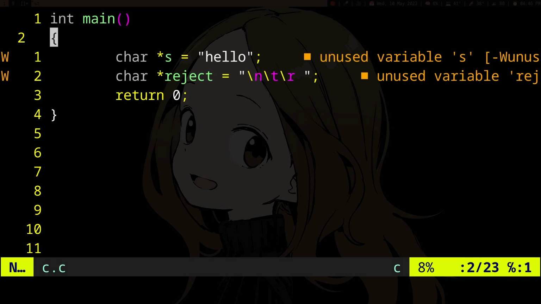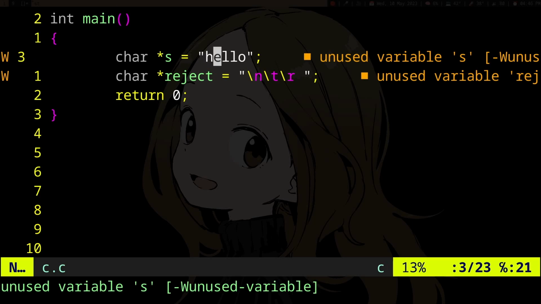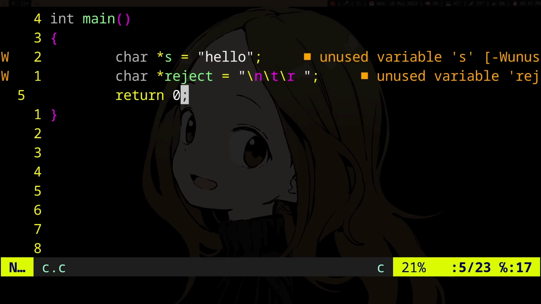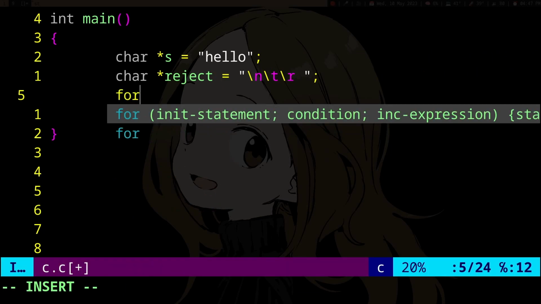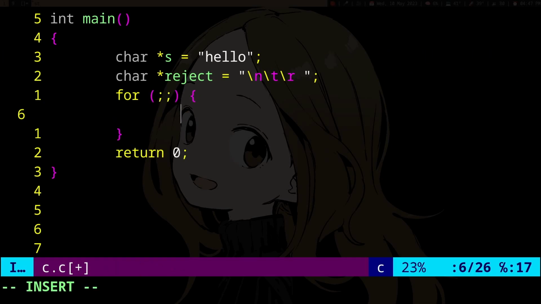So I have a string here, and let's say I want to check if the string contains a substring, or actually not a substring, but any character that is in an array of characters. Well, obviously, if we know what we are going to check at compile time, we can loop over the string and then use a switch, right? But